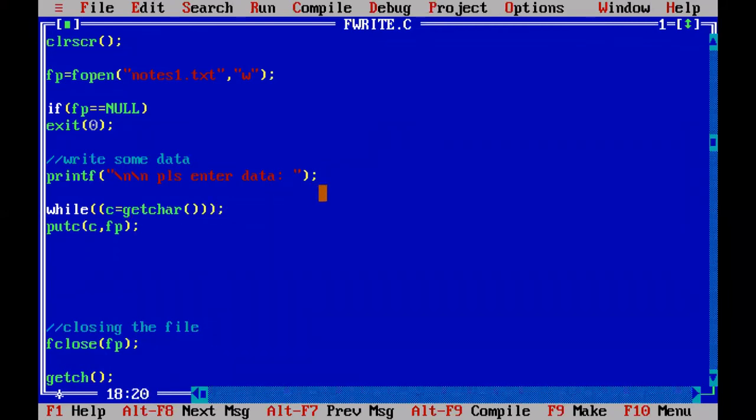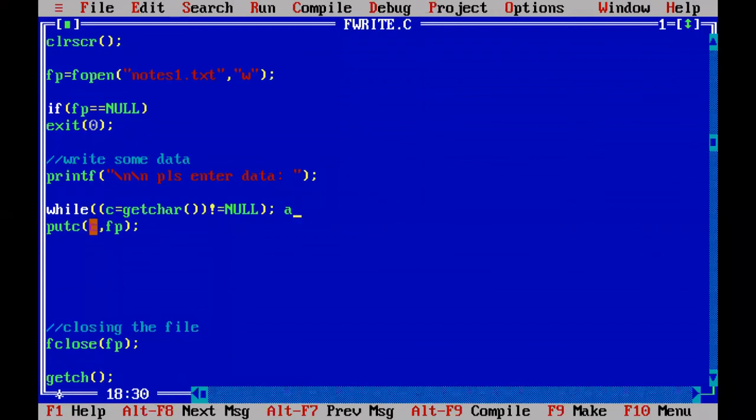How to write it? The getChar function reads one character and that character is stored into C. If that character is not equal to null, until that time you read one character. For example, the first time I read A from the keyboard and store it into C. Is A equal to null? No, so it is true. Again we come to the first statement of the while loop.